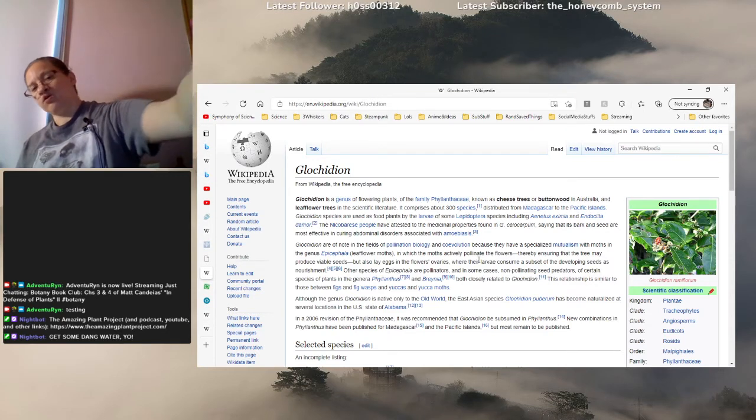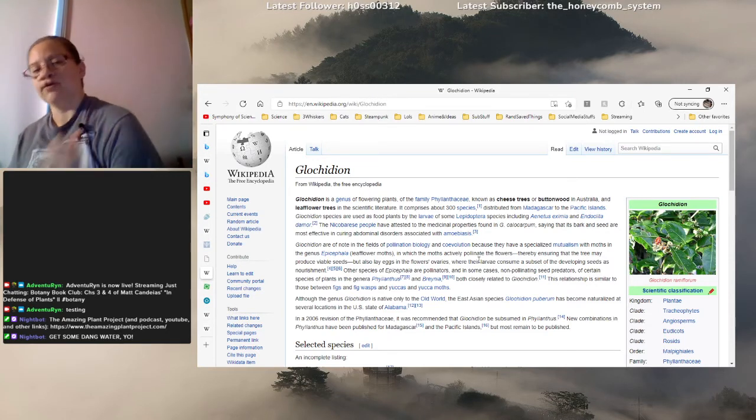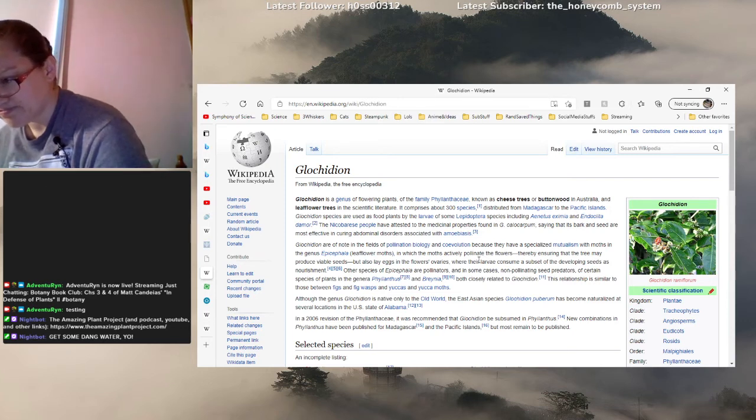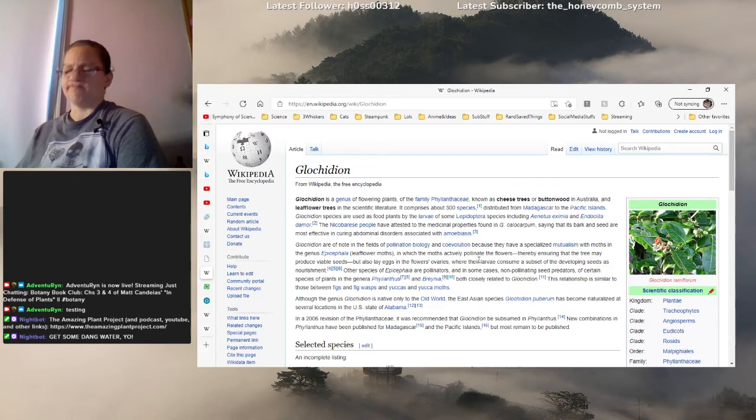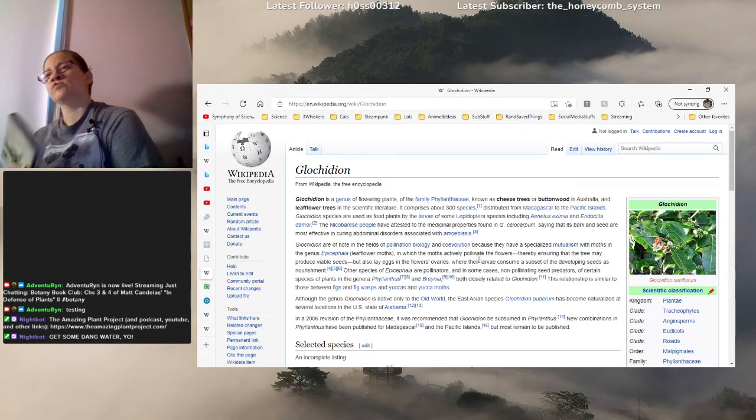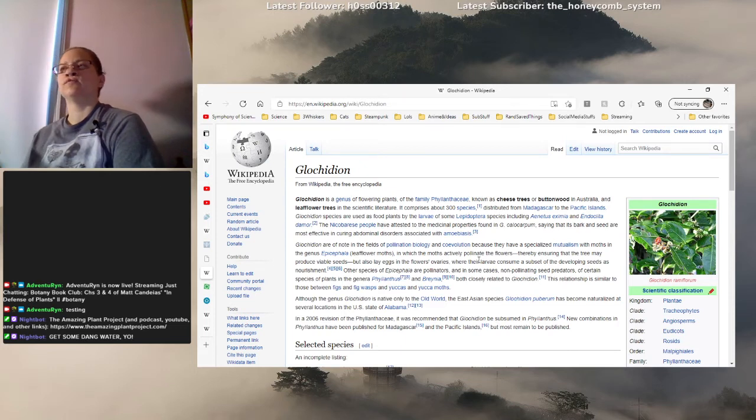These are specifically pollinated by moths. And in order to ensure that the moth is there when the plant is flowering, so that it can be pollinated,